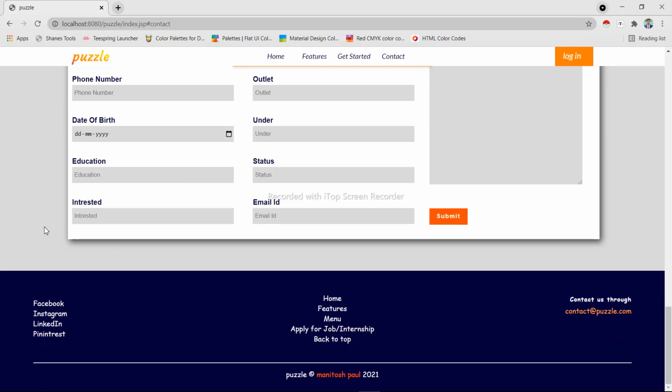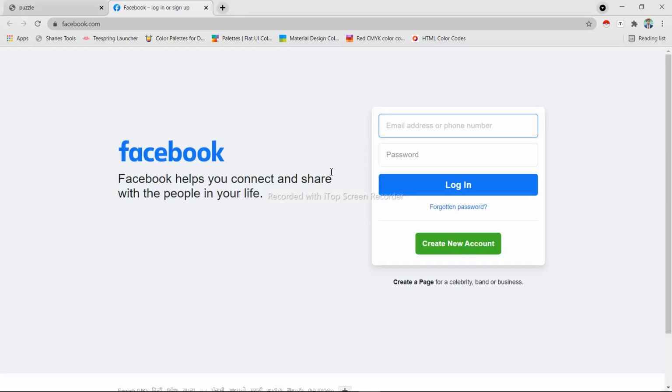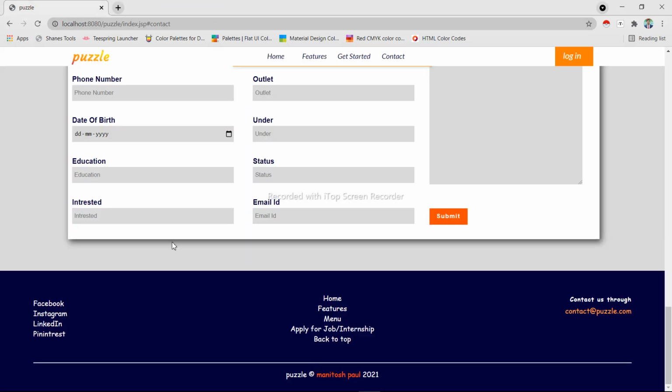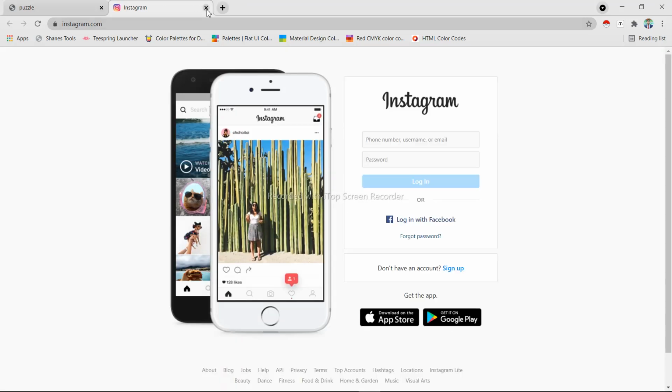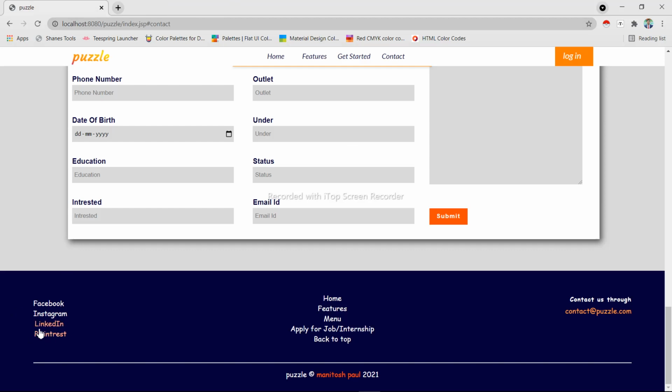And this is the footer section, and all these links work perfectly. If you click on Facebook you would be redirected to the Facebook login page. Same with Instagram, and similarly the other two, LinkedIn and Pinterest.